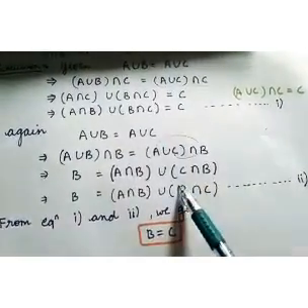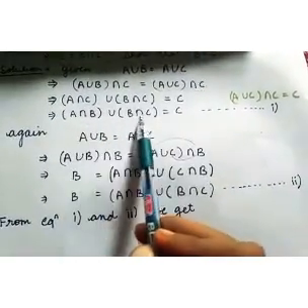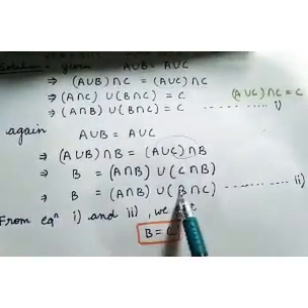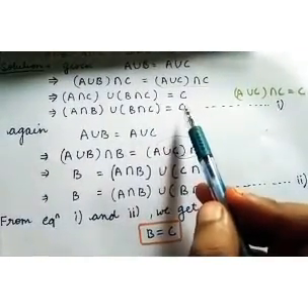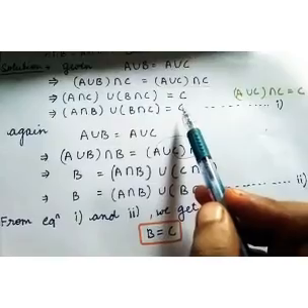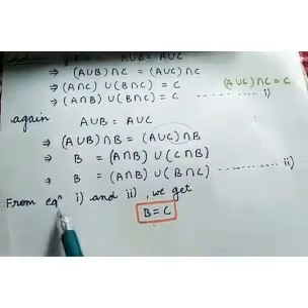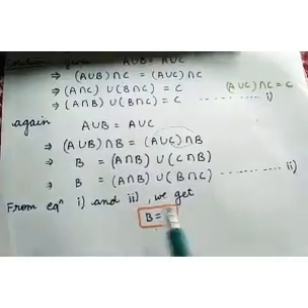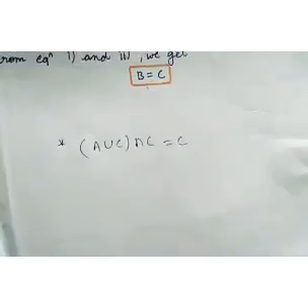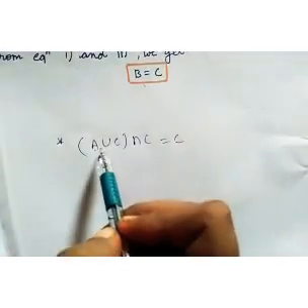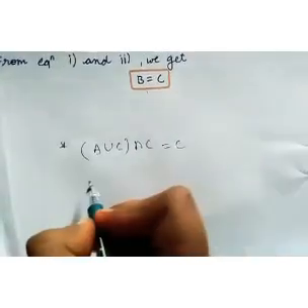Now from both these statements, first and second, this part and this part are equal. So we will be left with comparing the second opposite part, and we will have B equals C. From equations first and second on comparing, we will get that B equals C. Now we have to see how it has come that (A union C) intersection C is equal to C.